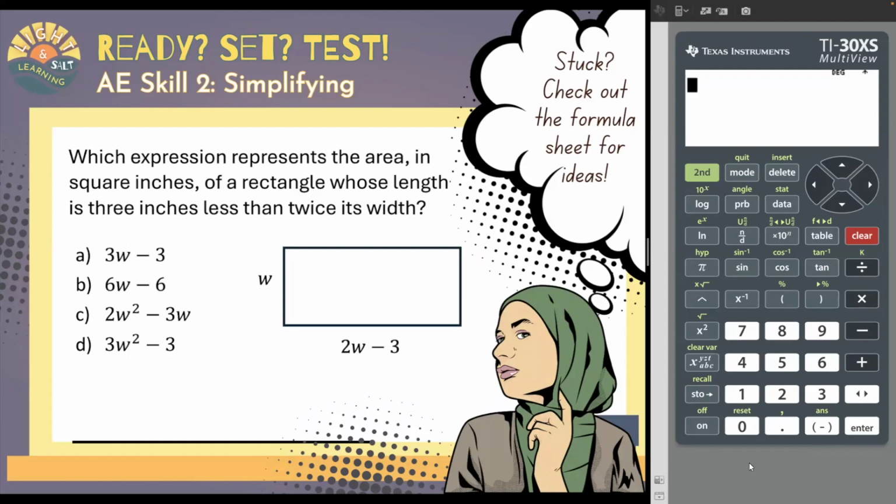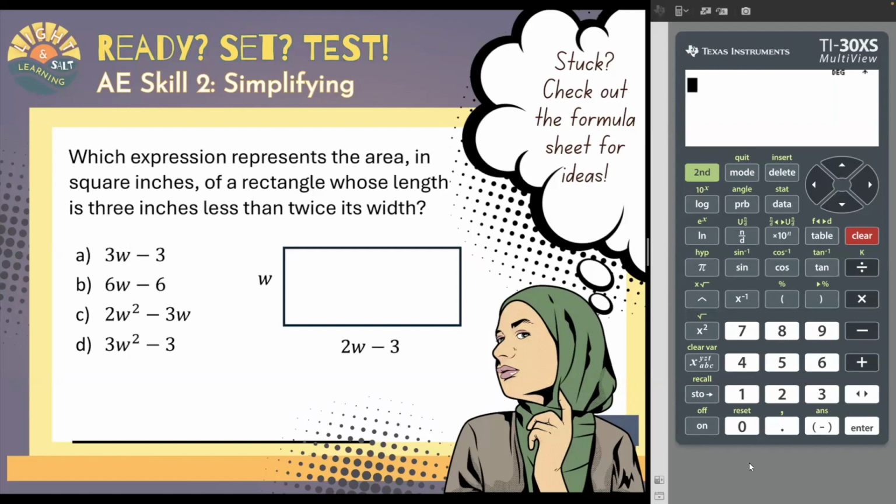So it says, which expression represents the area in square inches of a rectangle whose length is 3 inches less than twice its width? Now, the tendency of most students here is to freeze up and panic at the sight of W and 2W minus 3, maybe this language in the word problem that says 3 inches less than twice its width, and we don't have actual numbers. So what I want you to do is anytime you feel that fear rising, that panic, that